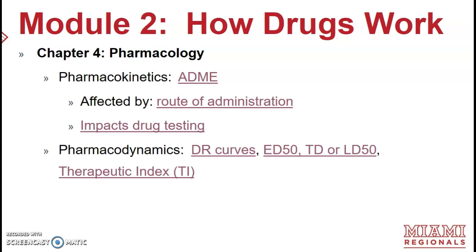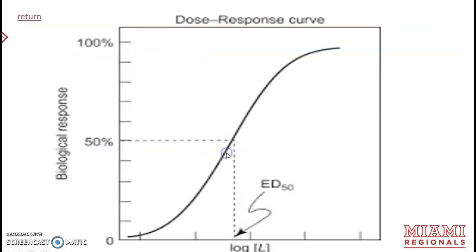So the chapter also talks about pharmacodynamics. Pharmacodynamics refers to how drugs then affect behavior, basically. So we talk about dose response or dose effect curves. And here we have a dose response, or I think your book calls these dose effect curves, where it's showing